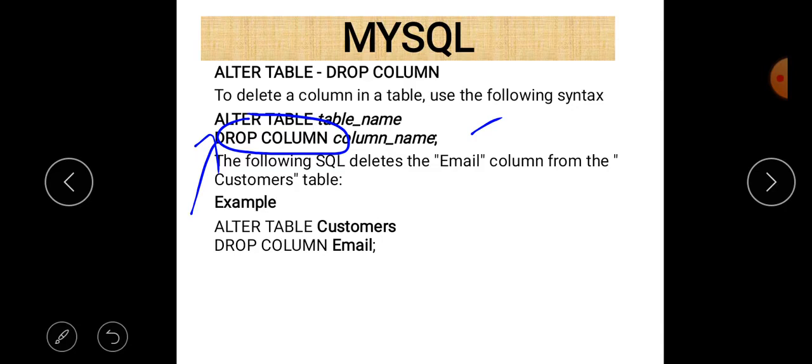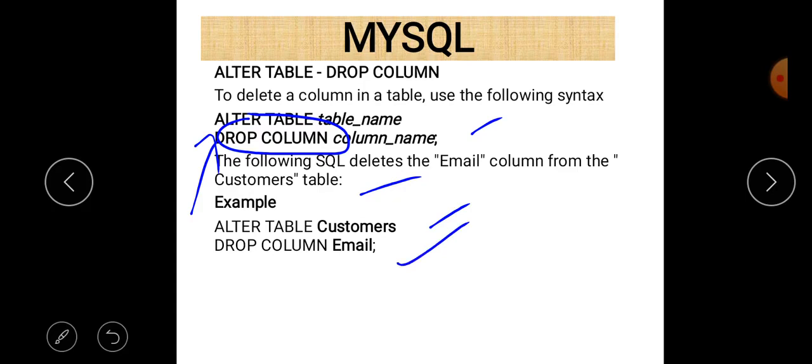The following SQL deletes the email column from the customers table. So to delete a column in a table, we use alter table with the drop column keywords. Here is an example. There is a table named customers, and there is a column in this table named email.